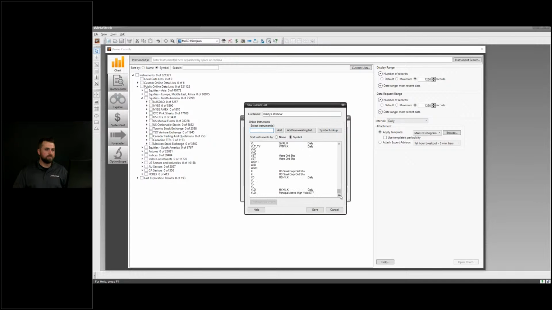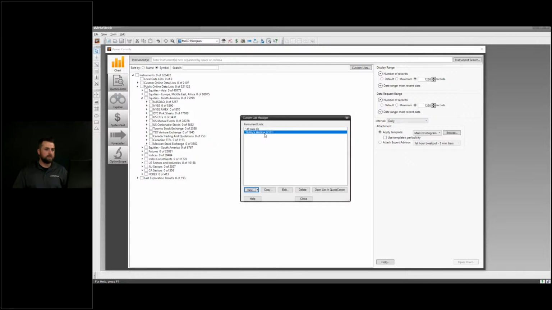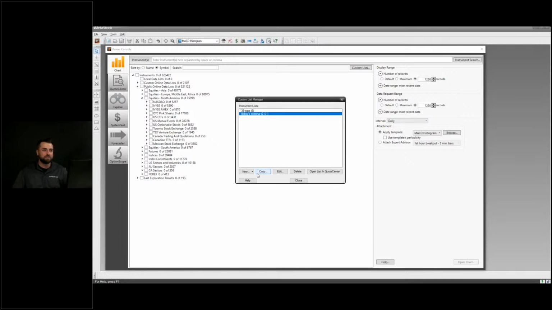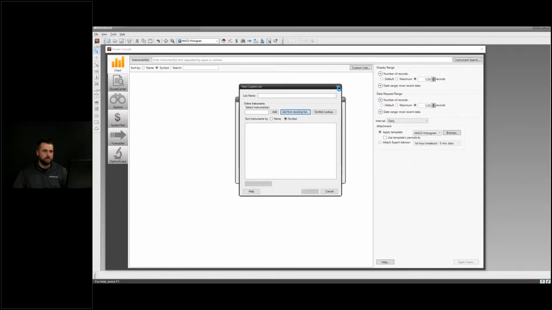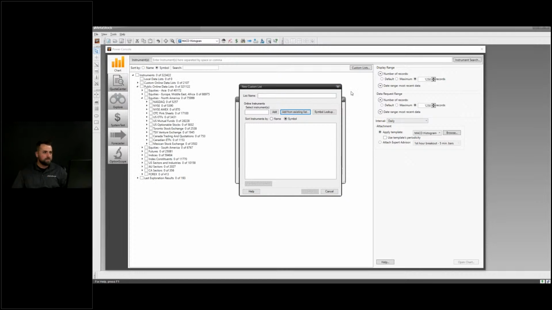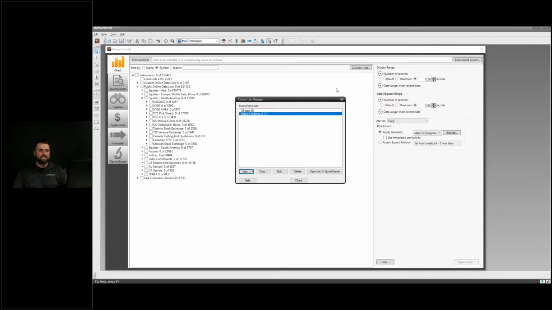And just add them into here. I might have messed that up just a little bit. I put in more than I think I intended to, but I can then go in and save them as a list. And then I can keep that list. Maybe I can do this a little better here. Okay, I won't fuss with this too much, but you can save them as a list how you want